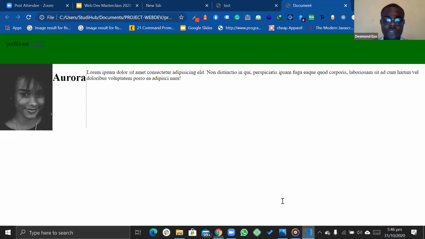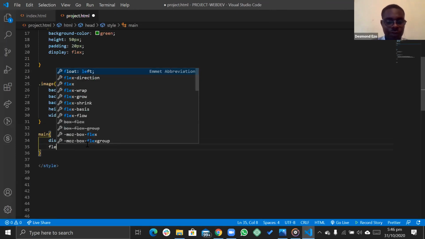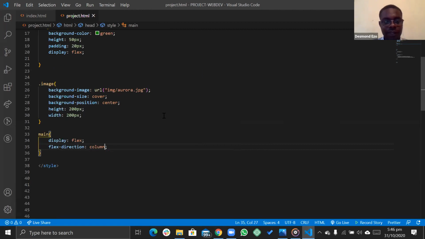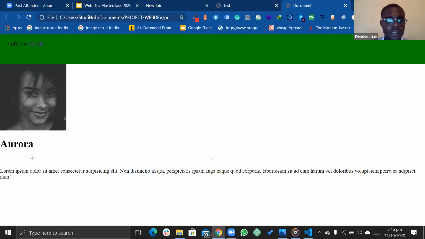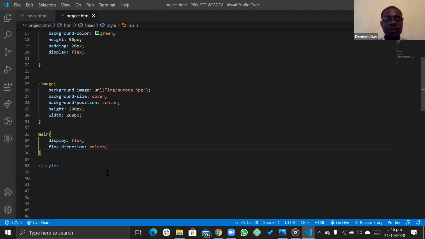So I'm going to change the display direction. The flex direction is going to be column. I want everything to be a column going down. So saving it, I refresh. Everything has gone back to normal. Then I come back here and I say, which other property do I want to change?